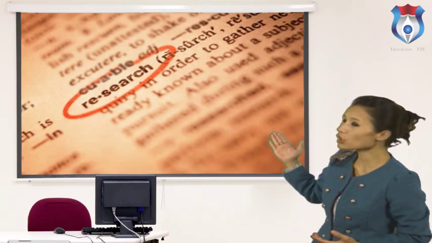Now let us see this video to understand about research. Did you know that in college and university, research has a different meaning than it has in high school? In high school it means information retrieval. You have a research topic, you retrieve information on that topic, you look it up, and then you take that information and you put it in your paper, and that's your research. In college and university, information retrieval is not research. It's an aspect of research, but it's not research. Retrieving information does not make you a researcher. It makes you a retriever.